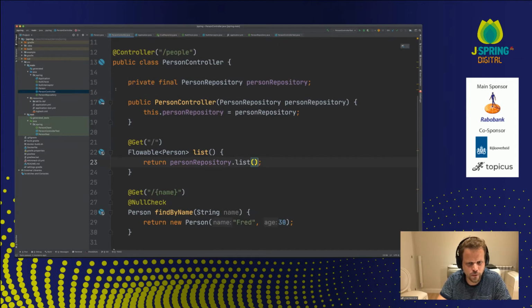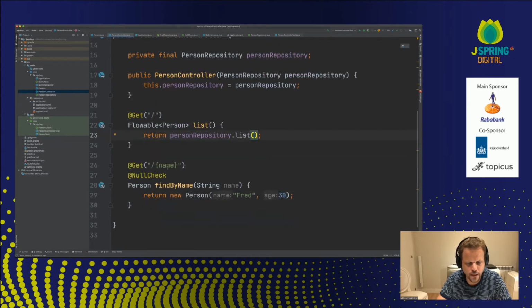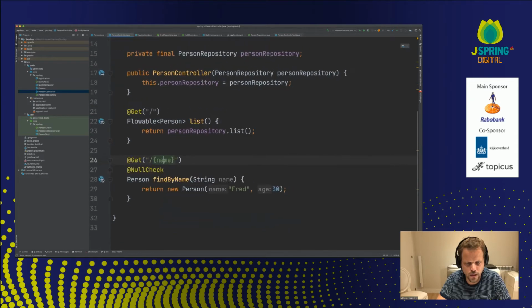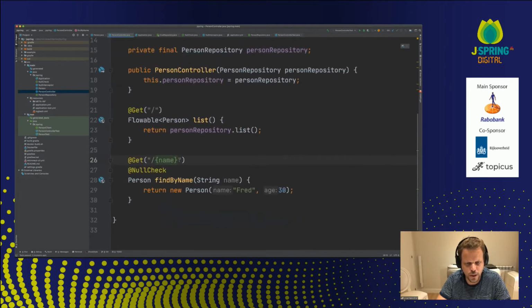One example of that is in my controller here, you can see that I'm referring to name as a URI parameter in this definition, and that's being injected as a name variable.